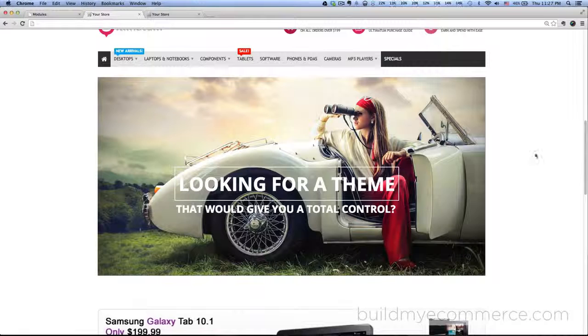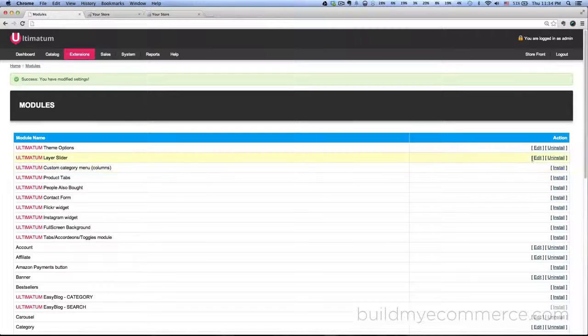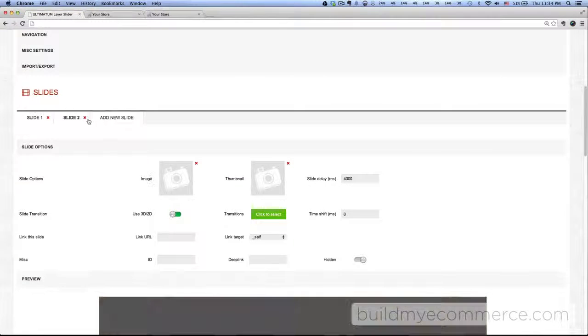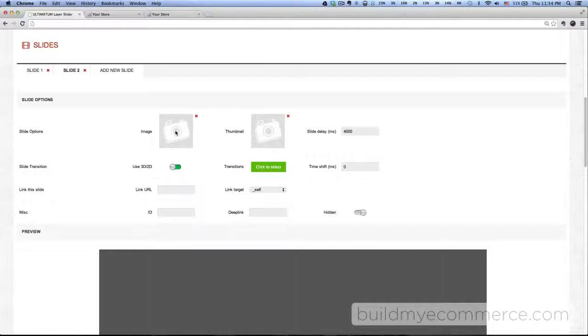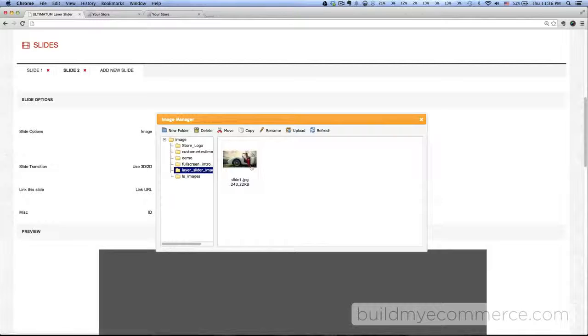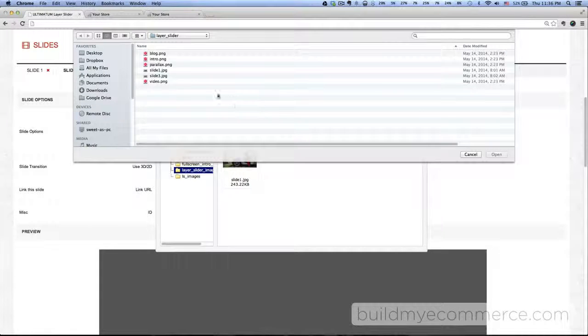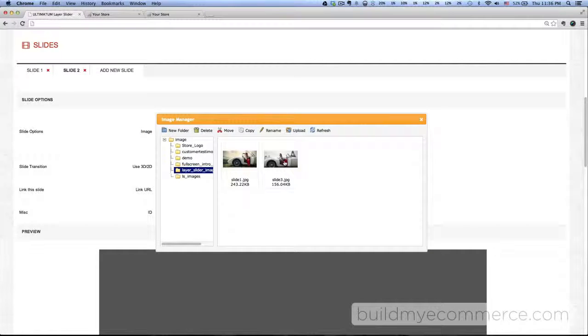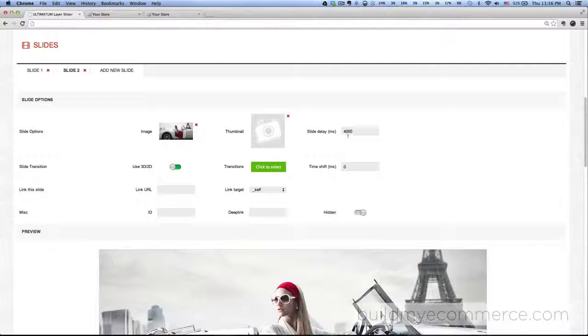There you have it. Let's now work on the second slide. Go to the back end, click edit for layer slider, and then under the slides, let's add a new slide. Click the icon next to the image, go to the layer slider image folder, click upload, and I'm going to upload my second image I have here. Okay, double click on it, and I'm just going to change the value for the slide delay to around 13,000,